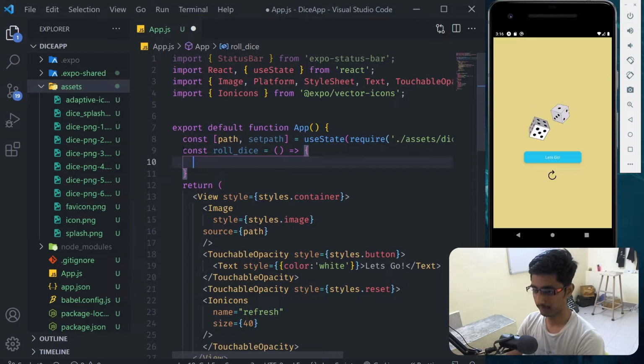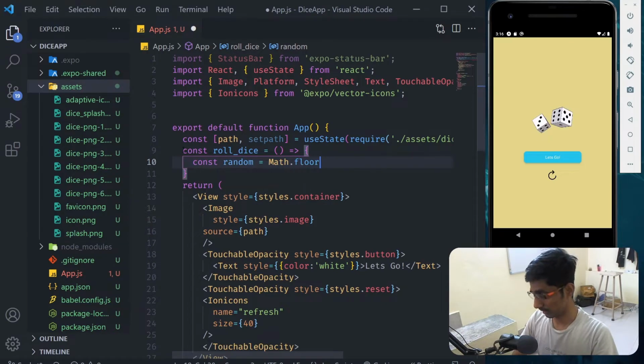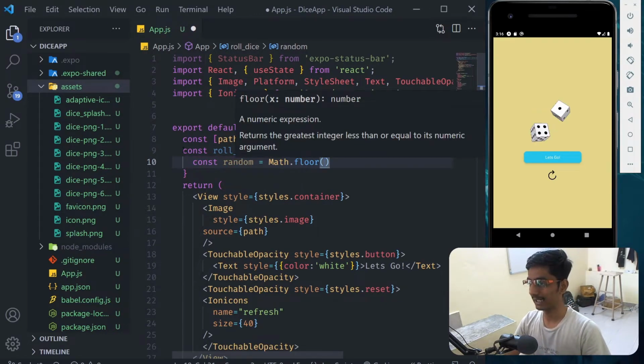First, we need a random variable. Now, this random variable needs to be in the 1 to 6 range. So what can we do? Well, we can do that. Const random is equal to Math.floor, and inside Math.floor,